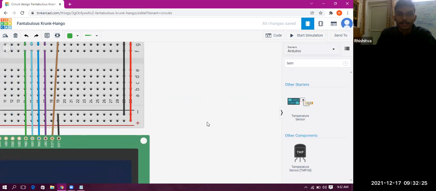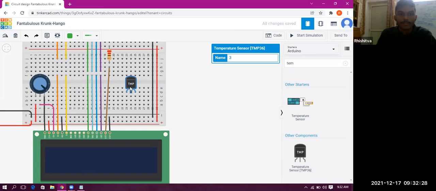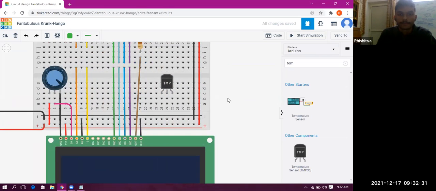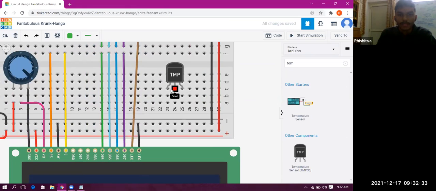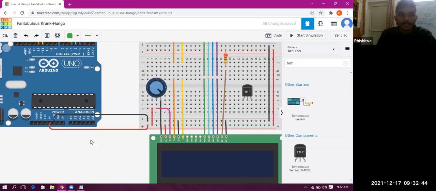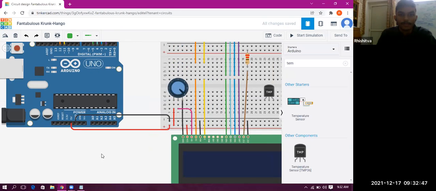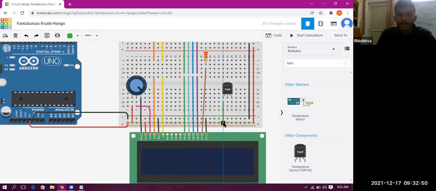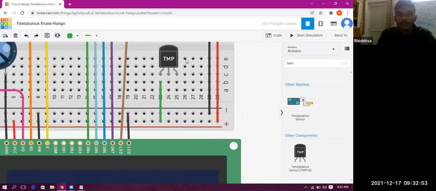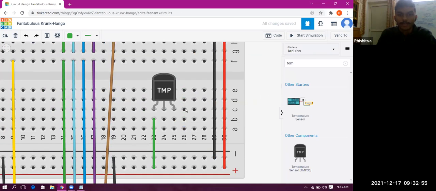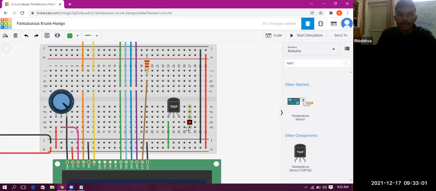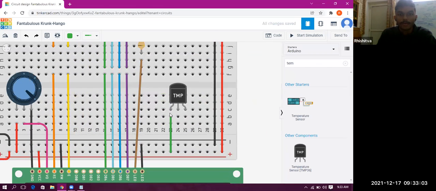So I'll just place this temperature sensor, let's say over here on the breadboard. Now these 2 connections, the power and the ground, are very easy. I will connect the power to the positive of the breadboard. You see this hole was positive as we had already connected, and this positive is coming from the 5 volt of the Arduino. So I just connect this row with this. You must know that in a breadboard, these whole rows are interconnected, as you can see from these green marks. So this shows that all the pins in a row are connected to each other. If I connect from here, it will be connected to the power pin.